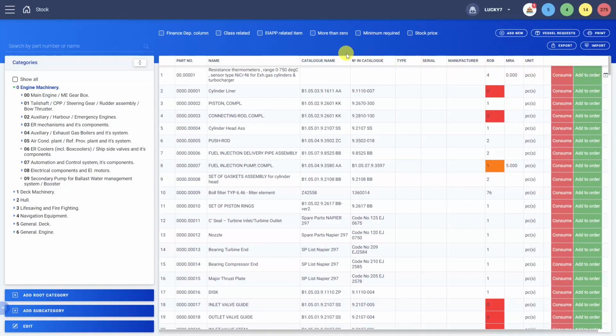Top side has different filtering options. You can search items using the search bar or filter them using checkboxes. Buttons on the top right side allow you to add new items to stock, review requests from vessels, or print a list of items. Next subcategory is the stock journal,